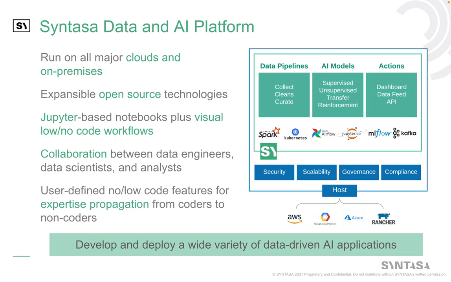So through the use of code-based tools like the Jupyter Notebook and our code processes and our low and no code features, we can support expertise propagation from coders to non-coders so that the community can benefit across the board if good models are developed, for example, in the case that I showed you for behavioral analytics in the